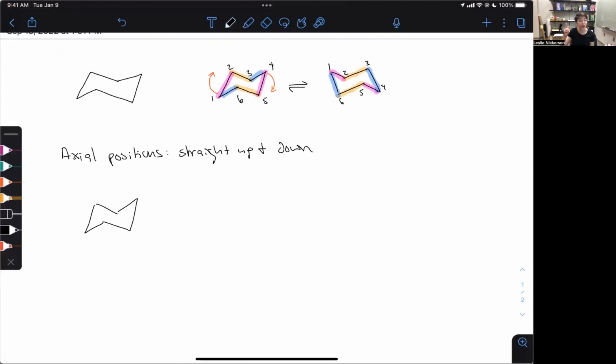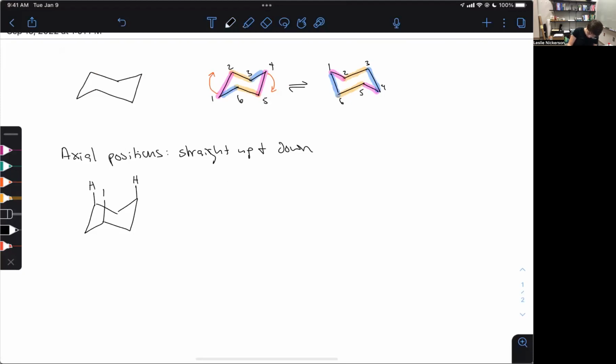We're looking at those axial positions as coming off of, let me put the reds back in, there we go, coming straight up off of the points that are going up and straight down from the points that are going down. So anything that's going to point up is going to have an axial going up. So we're going to have H up here,